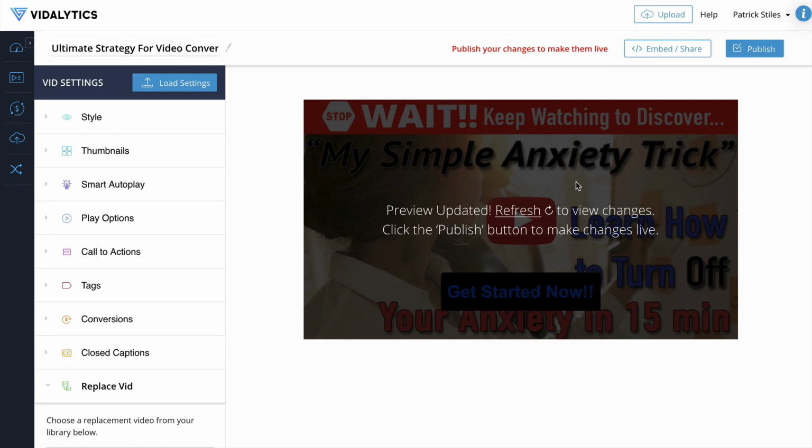Now you're still going to have both videos in your account. This one's going to be saved with a title that says basically "replaced" in brackets next to it. And then it's going to no longer be using the same embed code. So really nice for an easy swap out if you need to deploy a new video really quickly. Okay, so that does it for all the main features and tools